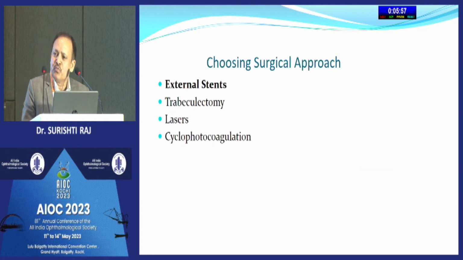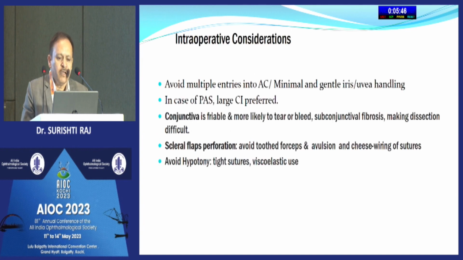So what are the options we have in uveitic glaucoma? We can do external stents or trabeculectomy. Lasers and cyclophotocoagulation are usually not considered. Intraoperative considerations: avoid multiple entries into the anterior chamber, and handle the iris or uveal tissue minimally and gently. In case of synechiae, prefer a large CI so that the tube is not blocked by the